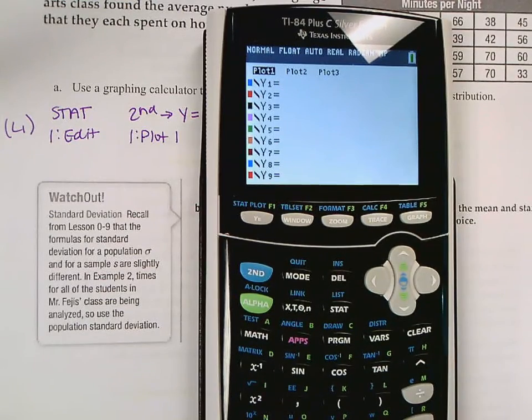You have numbers in there? Yeah, I have 7 and 8. Okay, then just clear those. So just put the cursor over them and hit clear for both. Okay, then from here,